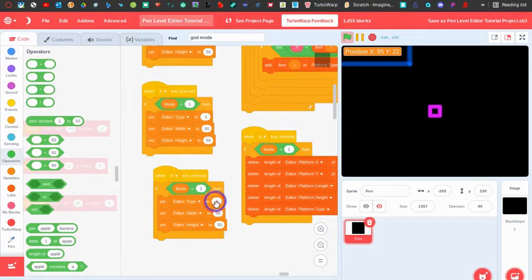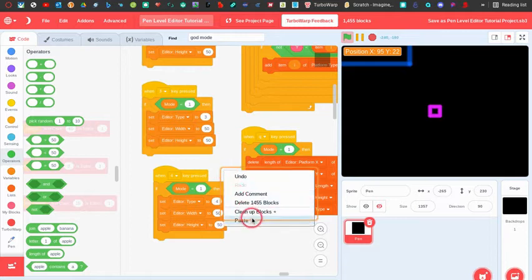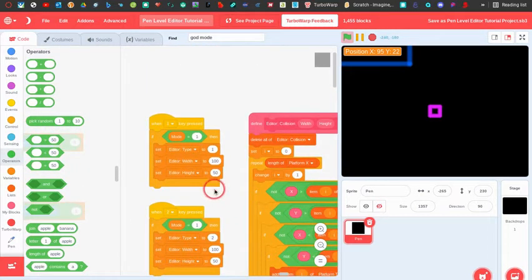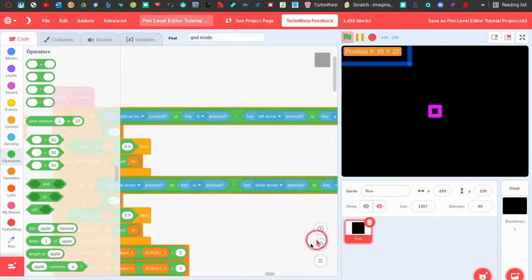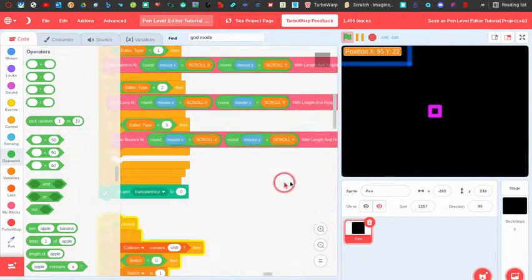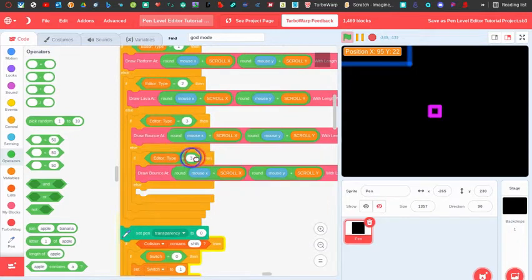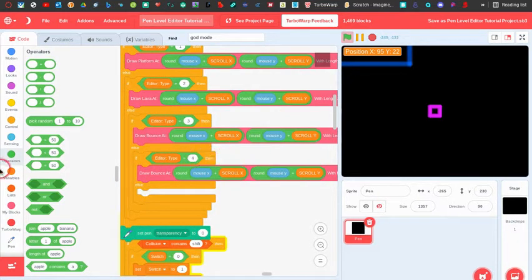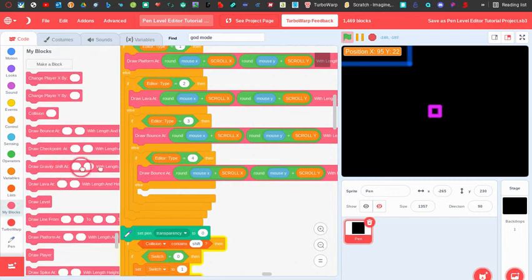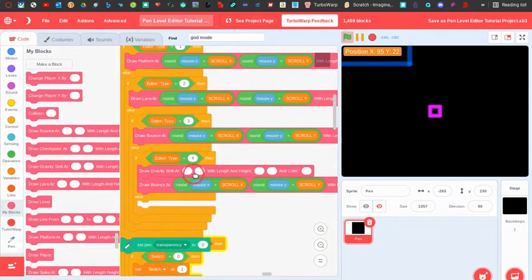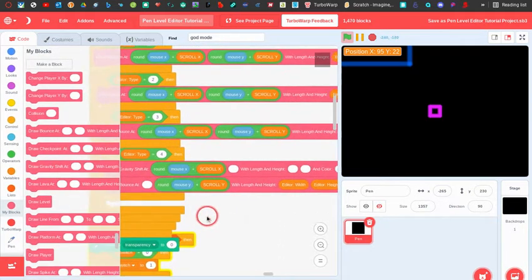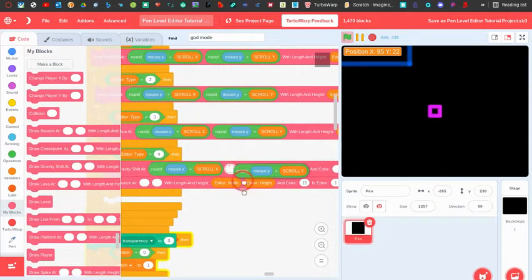Then we can set the mode, then we can set this to 4, and I'll do the same thing for this. And then we can find the God mode again, and then we can just duplicate it, and then say if it's 4, then we can just, again, gravity shift this time though, and then draw it at this, and then this,